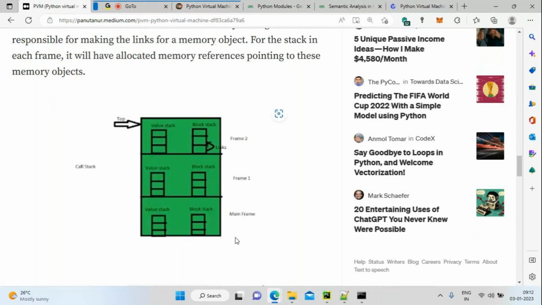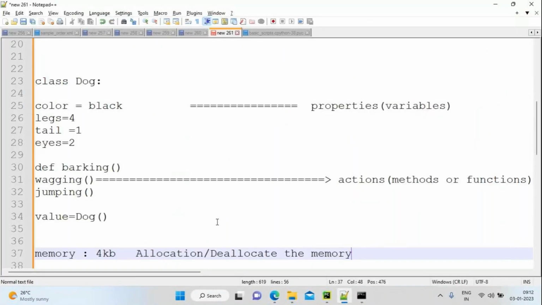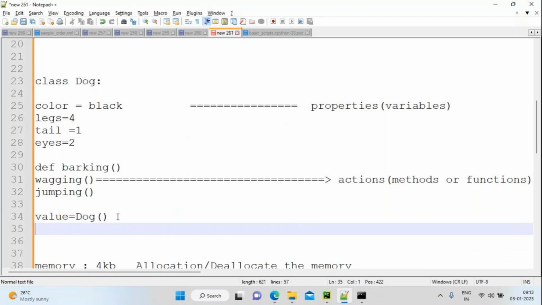In that main frame, various frames will be available: frame 1, frame 2, frame 3, up to frame 7. There are a number of frames available. You might be wondering why so many frames are available. It is because for the same class, I'm going to create different objects.